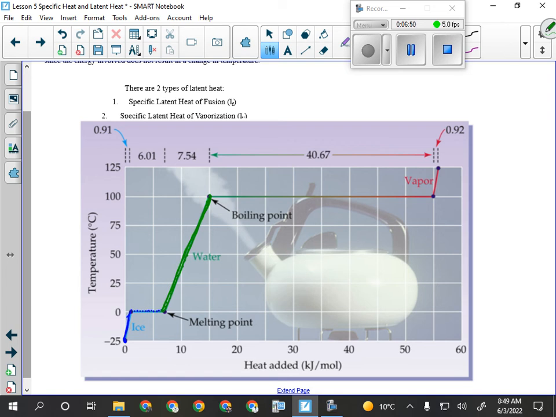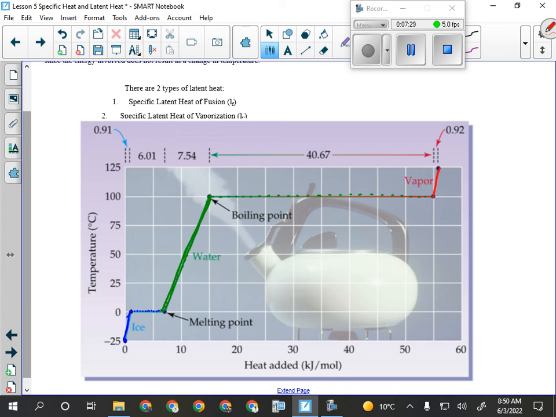Liquid water, at least here, boils at about 97.7 degrees, something like that at this altitude. So it'll just stay at that temperature until all of the water is evaporated. Now, if you have a sealed container where the steam couldn't escape, once it all turns to steam, the steam will start getting hotter. And this would be the evaporative part. And then once I had the vapor, the vapor would start heating up. Everybody all right with how that works?